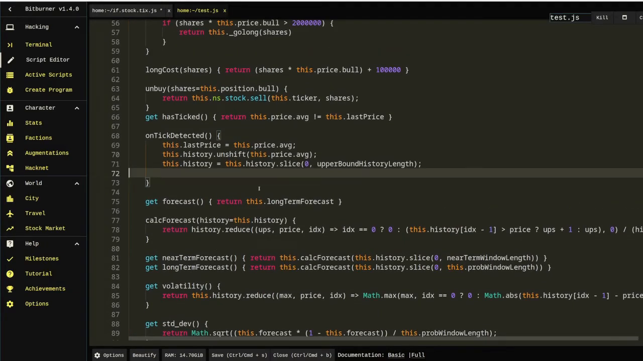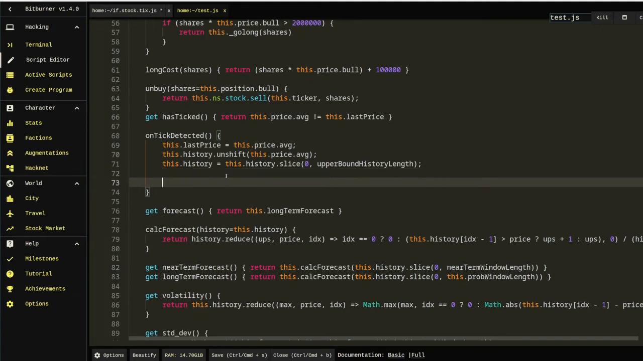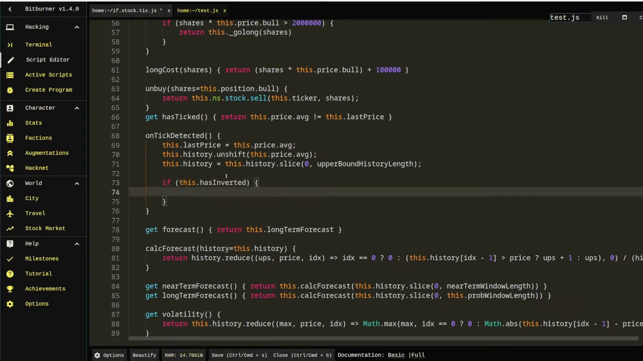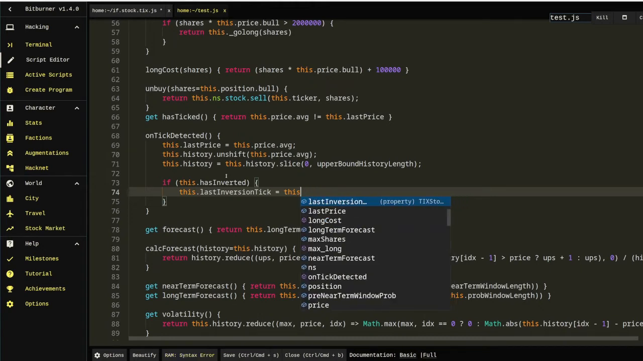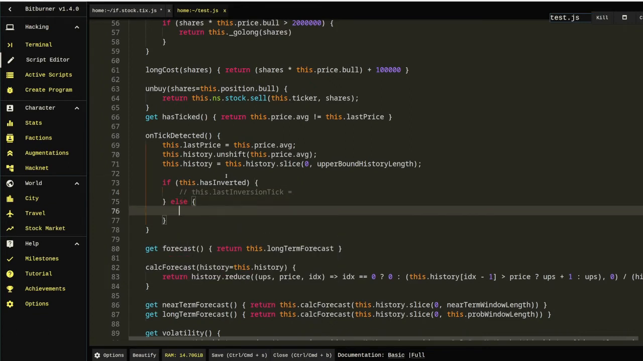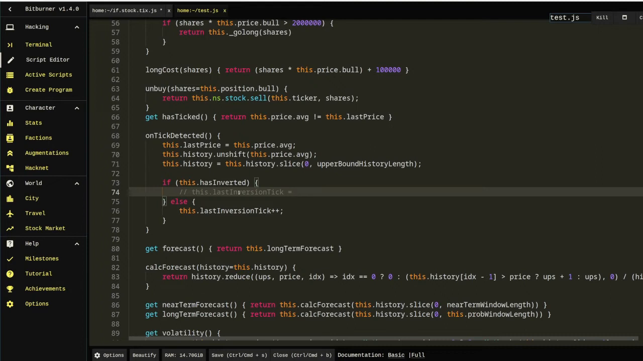And I might do that here in on tick detected. Maybe I'll pass in some hint, like this is when we think you're going to invert. Yeah, let's do that. So we'll start with just doing if this has inverted, then we'll set this last inversion tick to whatever value, not sure what we'll set it to yet. Else, we'll just increment last inversion tick. So now we need a cycle tick like we had on the other script,